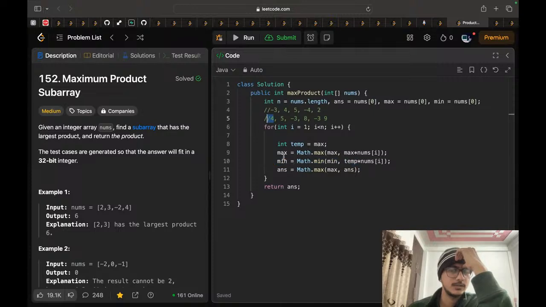Okay, till now the maximum we have reached will be this itself. So we have 4 into 5, 20. So min will be